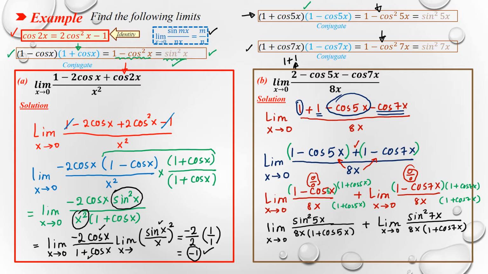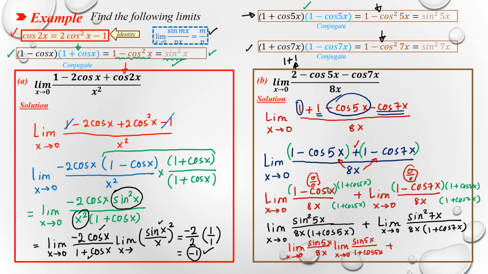What is the next step? You have to separate the limit like this. We have limit sine squared 5x divided by 8x. Now sine squared means sine times sine, multiplied by limit of sine 5x divided by 1 plus cosine 5x when x goes to 0, plus the